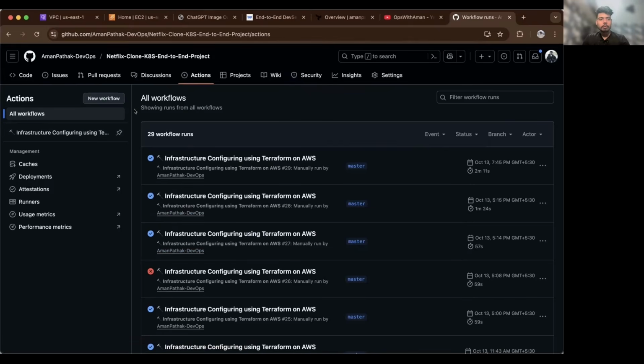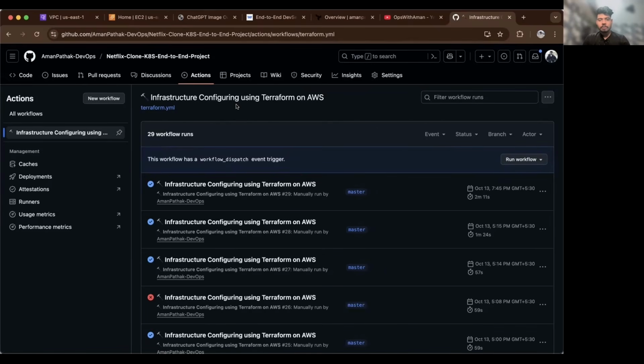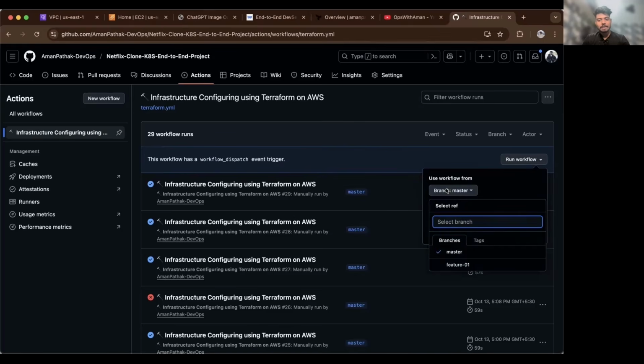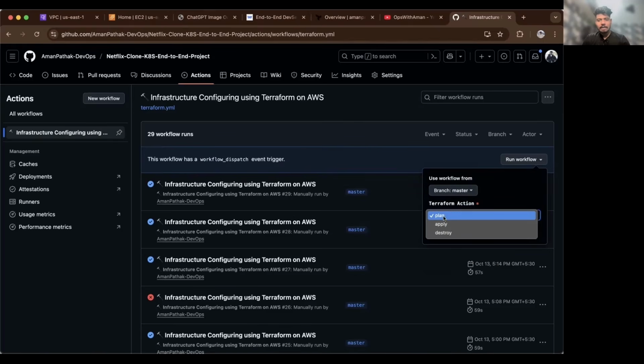So now we can run our workflow. I'll click on this, and I'll tell you that we are going to face one error. If you are able to guess what exactly the error is, then I can say that you're already good in Terraform Cloud. For now, I'll just run the workflow and let's see what exactly the error is. As you can see, I don't have to do a lot of things. I just have to select the branch, and then I have the options: plan, apply, and destroy. So first we will run the plan,